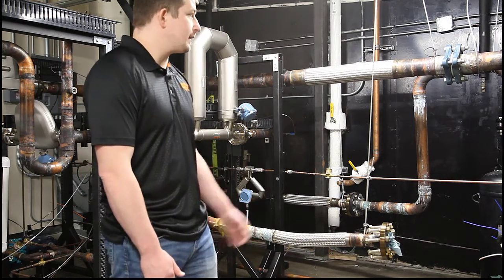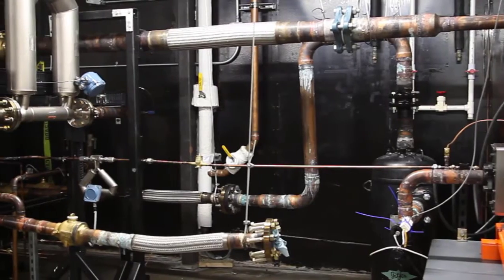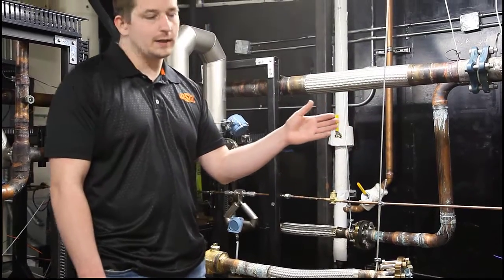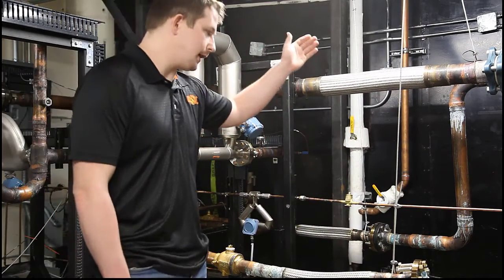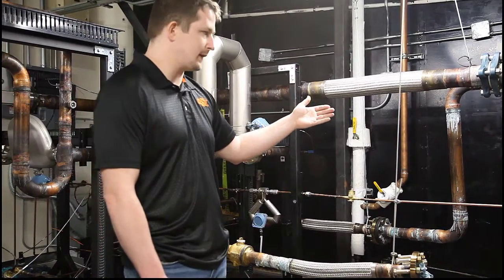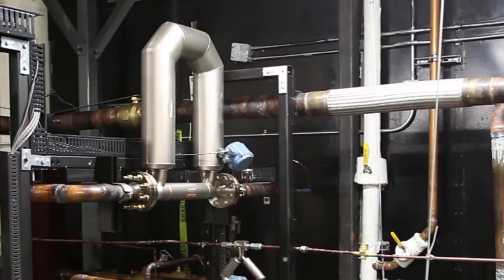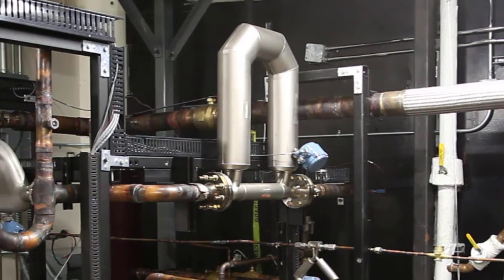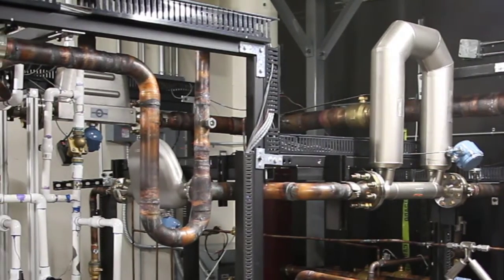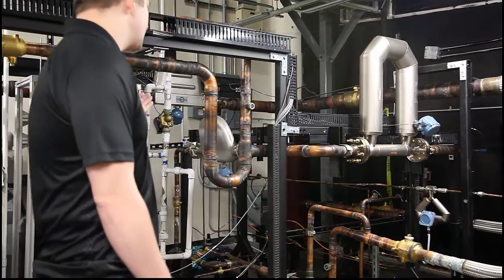It's set up in a way that there's a flanged manifold that will go to any compressor that's being tested, and that manifold comes apart so that you can interchange any needed compressor. With the test setup, it runs through an oil separator out of the discharge of whatever compressor is being tested. The oil then runs through either a pump or through differential pressure back to the compressor, and that can be changed according to any compressor being tested. And it runs through the discharge line and runs through this section of the load stand. And this section of the load stand